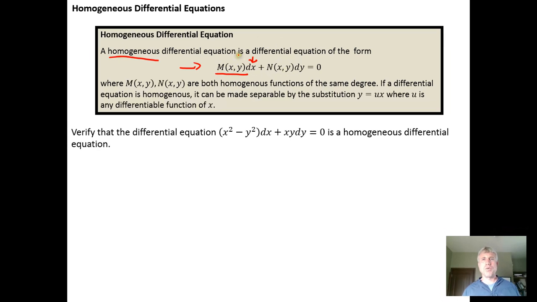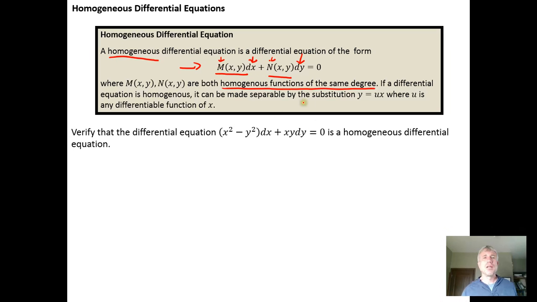function of two variables. They don't have to be x and y, they could be t and r, any two variables. And if the coefficient on the dy term is a function of the same two variables, and the functions M and N are both homogeneous functions of the same degree, then we say that the differential equation is a homogeneous differential equation. And we showed in the previous video how to demonstrate whether a function is homogeneous of